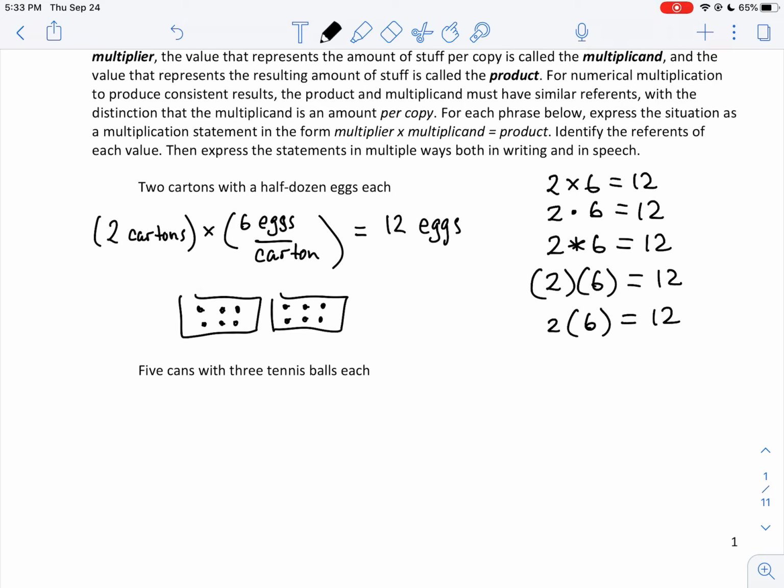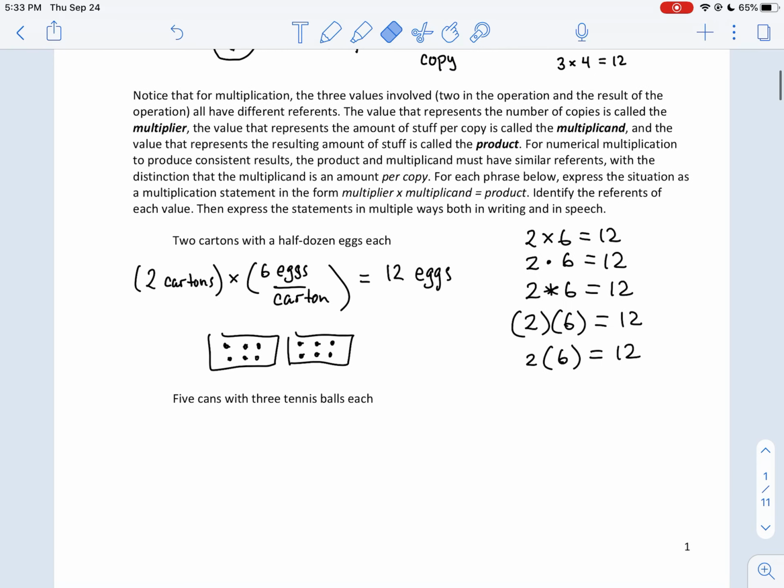Let's see, different ways to say this in speech. I could say 2 groups of 6 eggs makes 12 eggs. 2 cartons of 6 eggs per carton make 12 eggs. 2 copies of 6 eggs make 12 eggs. 2 iterations of 6 eggs makes 12 eggs. You could also, the word we say here sometimes is just times. So we say 2 times 6 equals 12. So there's a variety of ways to get at this idea that we're doing a quantitative operation, a numerical operation,